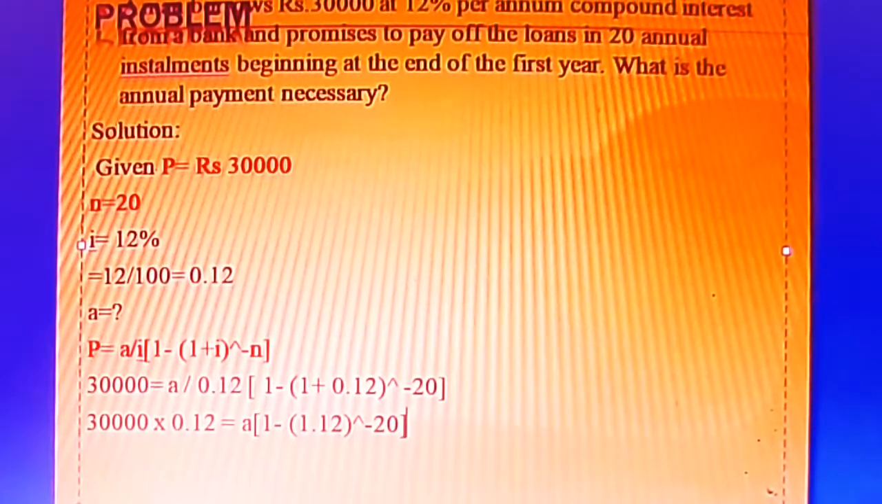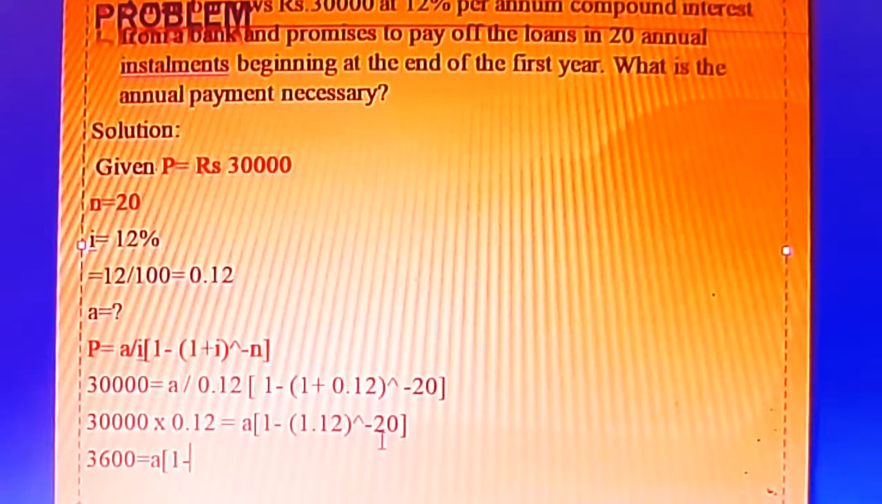So multiply quickly and tell me what is 30,000 into 0.12 will give you 3,600. Right, 3,600 is equal to small a, we'll keep it as it is, open the bracket. So 1 minus, we'll keep 1 as it is, 1 minus, what is 1.12, the whole raised to the